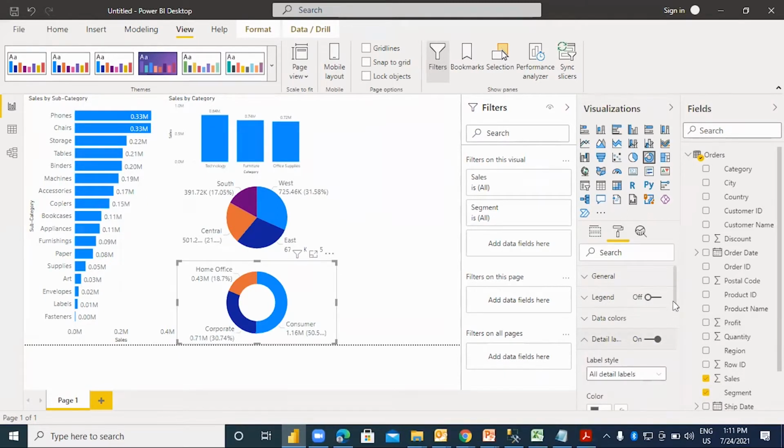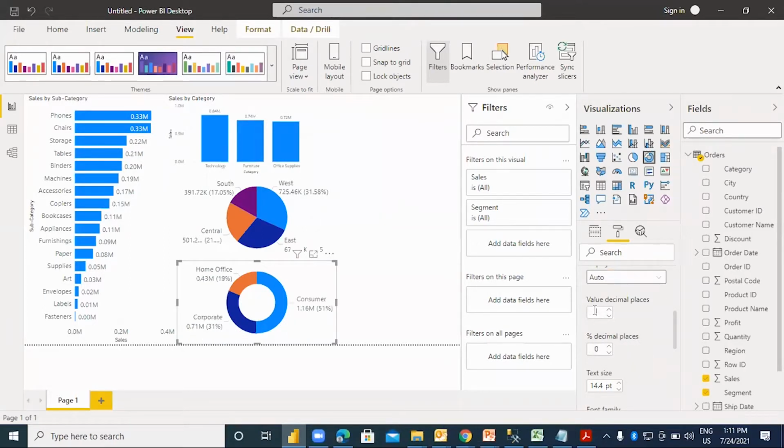Under the label, I don't want decimal places in this. 0, 0. Value should be fine.